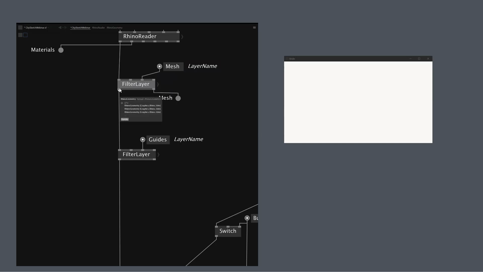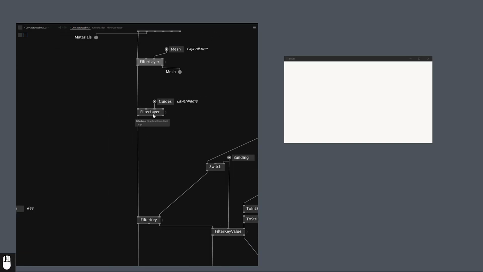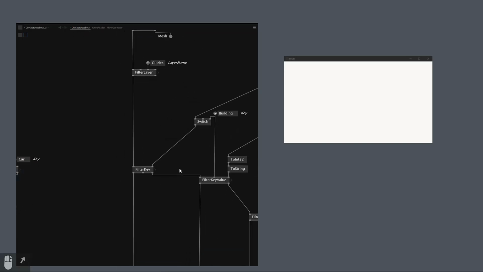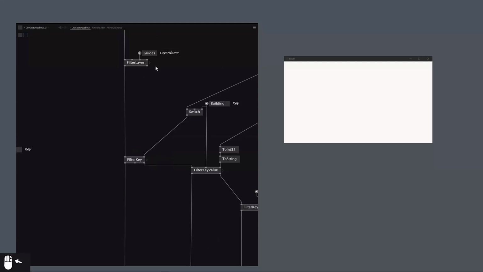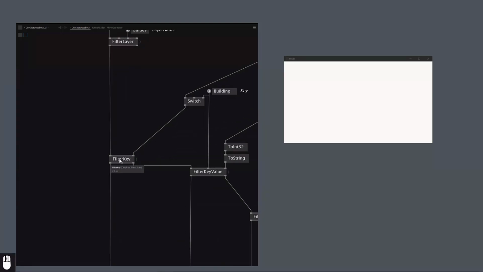And what I get is, on the one hand, you see Rhino geometry, 75 items. And on the right hand, I only get one. This is the object that's present on the layer mesh. Then here again, filter layer, I have here some guides, I called it. And then the nice thing is, so these are just used to filter these objects, quite simple, but you get